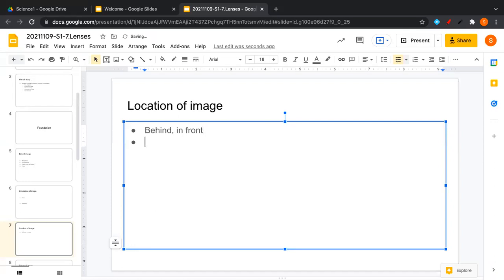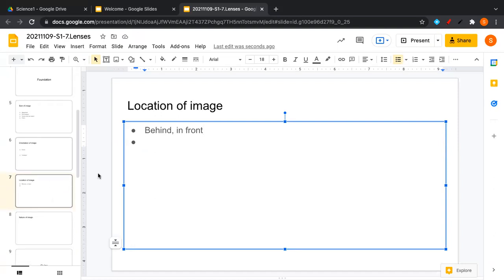What other possibilities are there with respect to the location? Location के केस में हम और क्या देखते हैं? Yes, infinity, है ना? Means very, very, very, very, very far. Infinity. What else? Correct answers. All are correct answers. Do you remember anything else? One starts with C, one starts with F, and in between